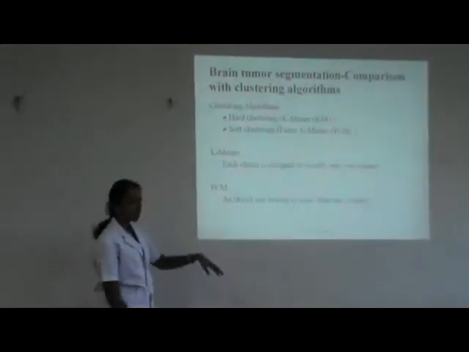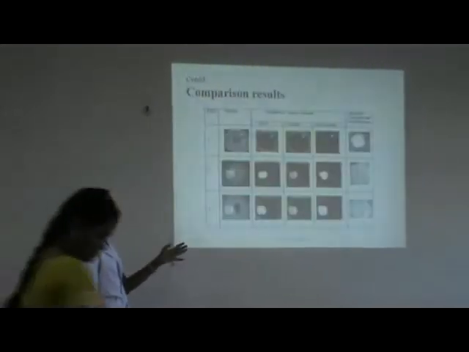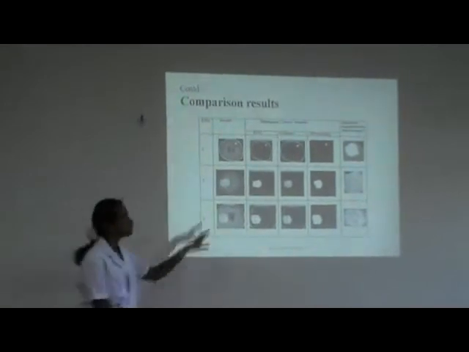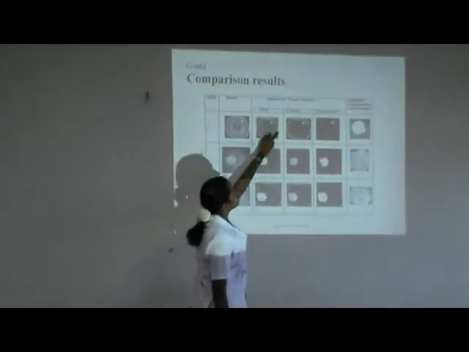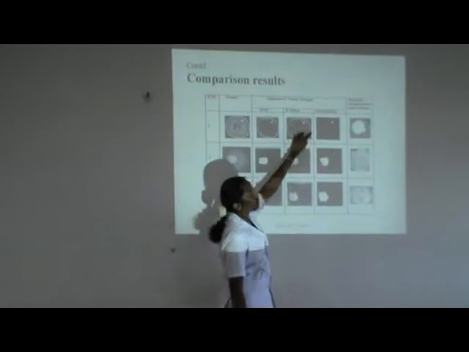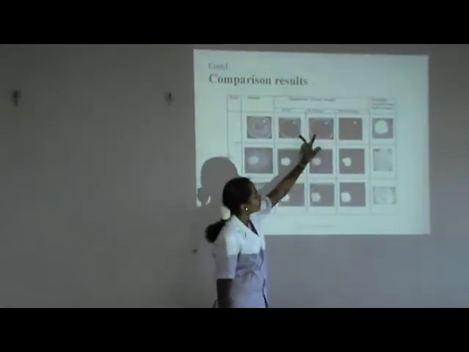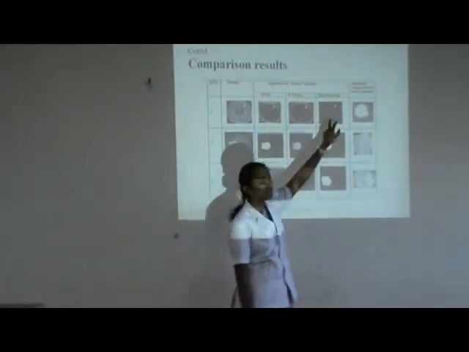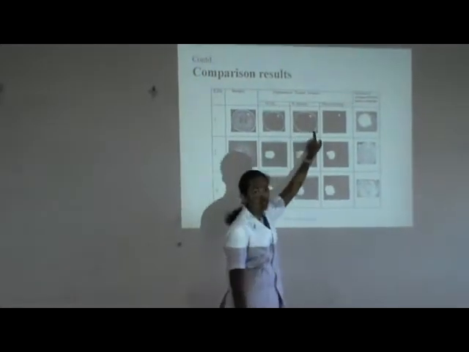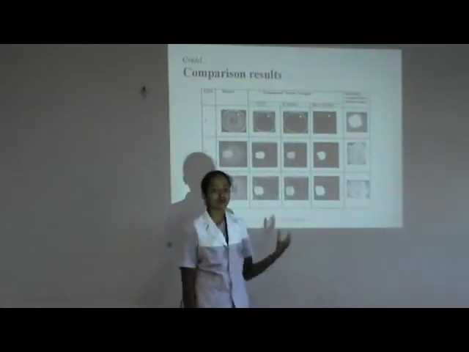Here we are proving that the threshold technique is better. In FCM we are having the skull stripped image also, and in K-means also we are having the skull. If we are considering these images while doing the volume calculation, it will calculate the value for these things also. So we will not get a final output which is correct.